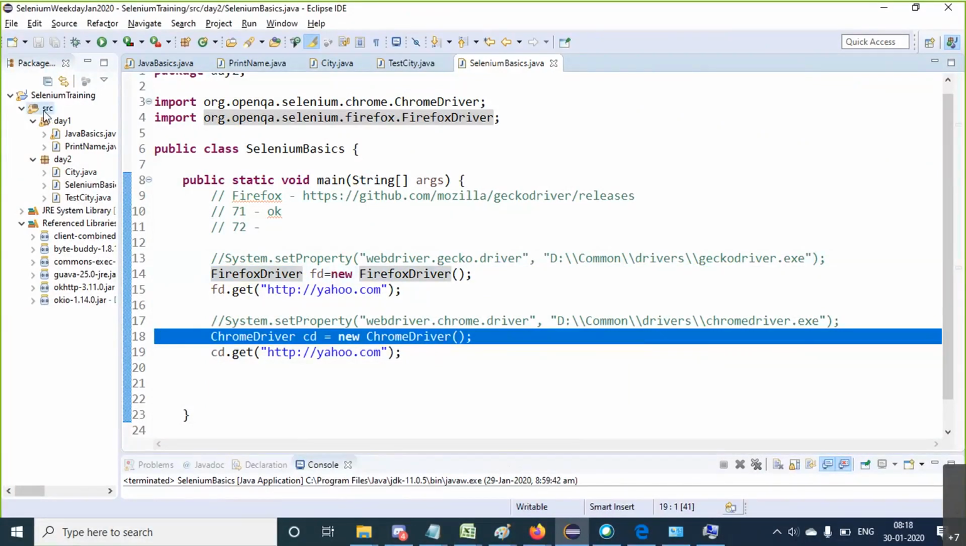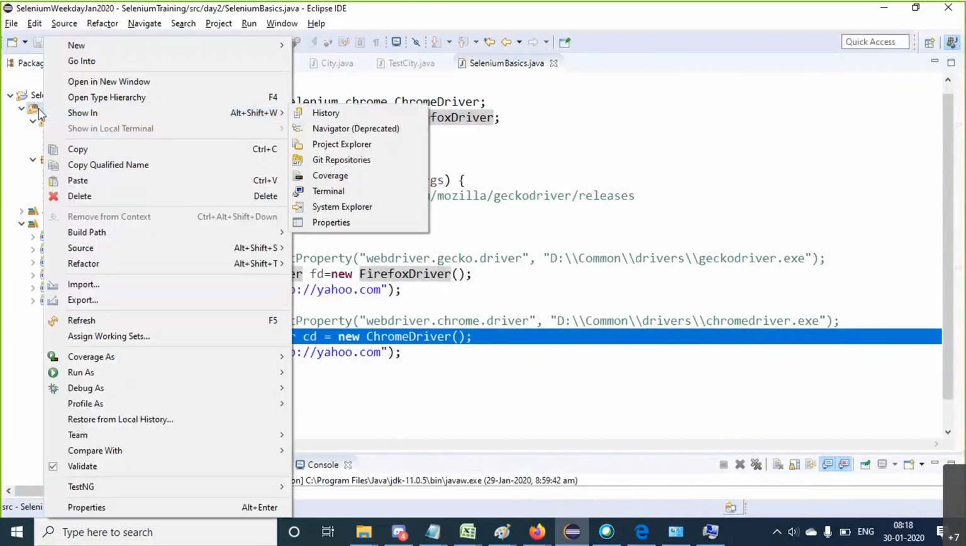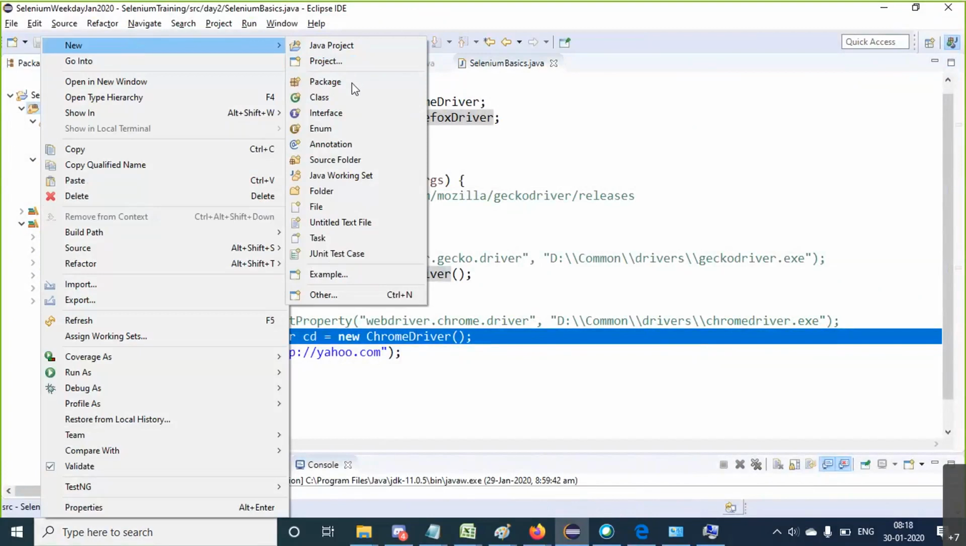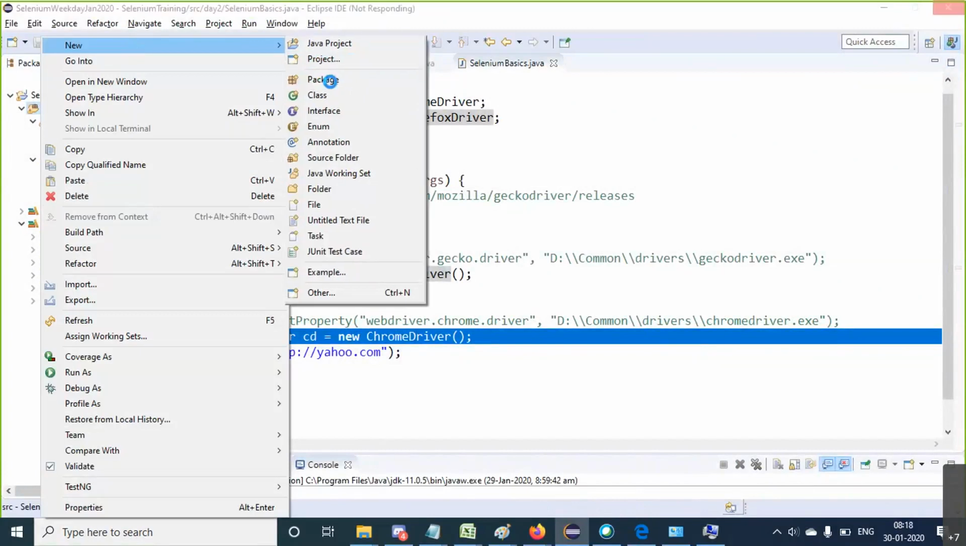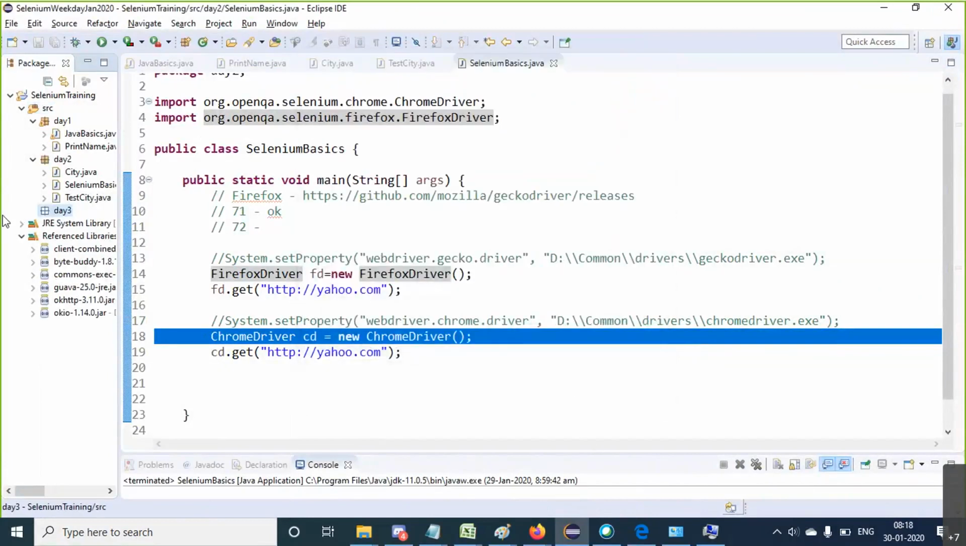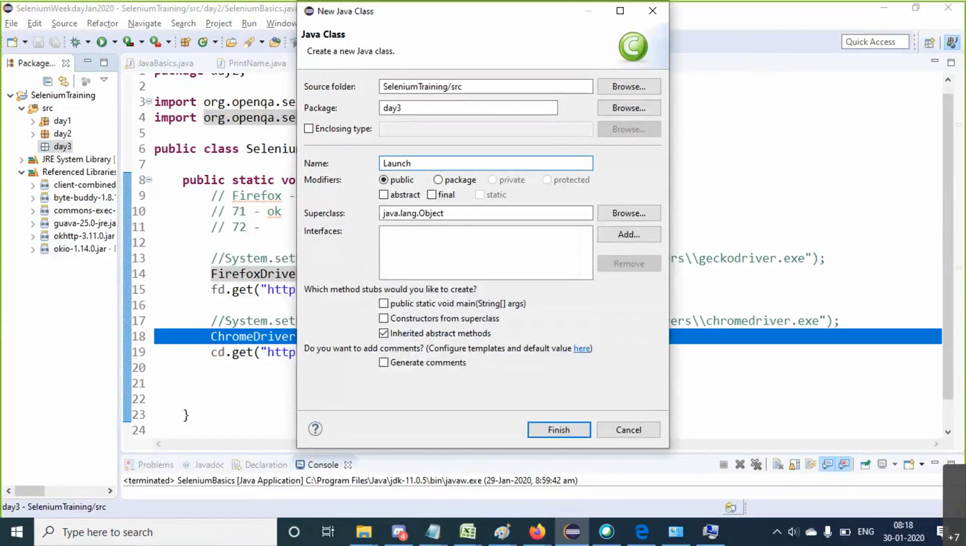Okay. For example, I'll just create a new. Hold on. Just a minute. My Eclipse has hanged. Yeah. So I'll create a new package. Just a minute, guys. And I'll call it day 3. Finish. And in day 3, I'll create a new class, launch